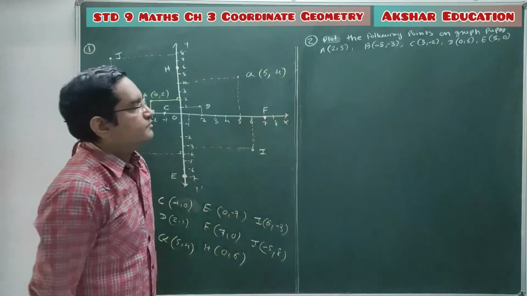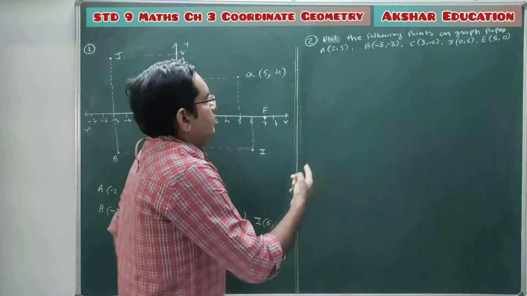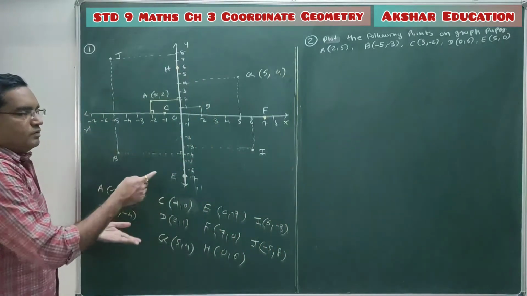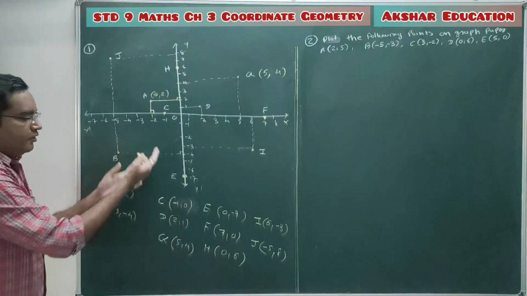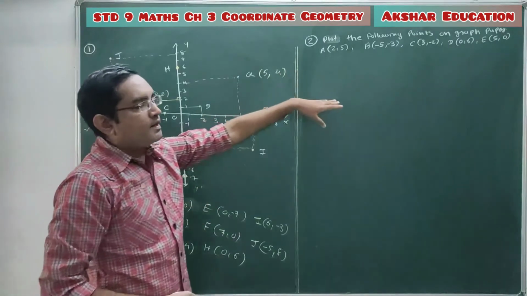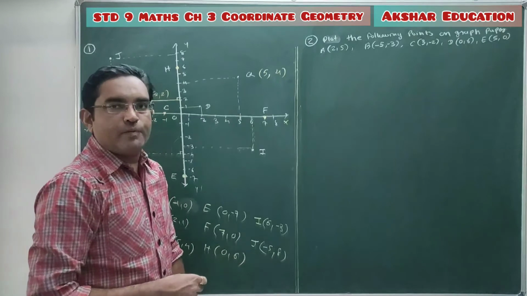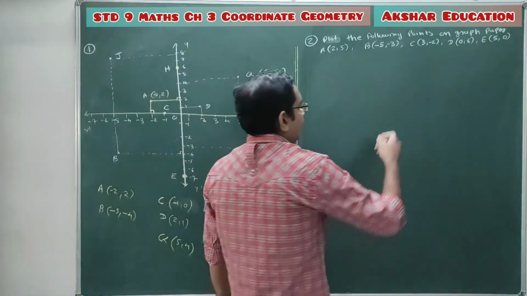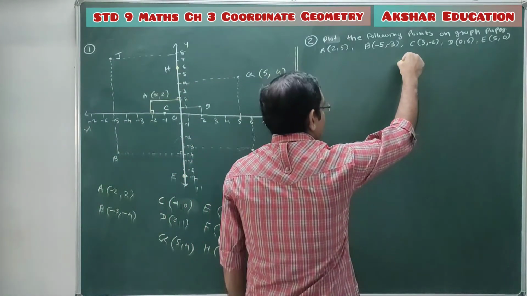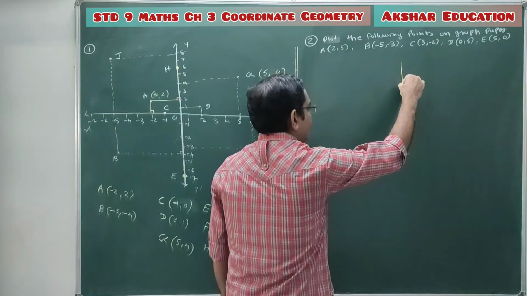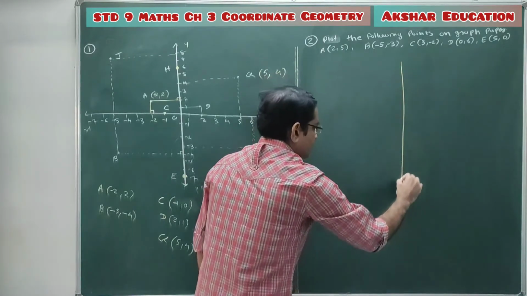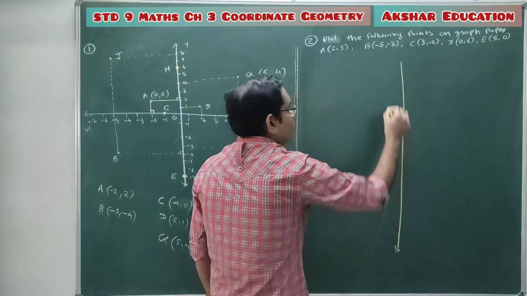Now second one. So here the reverse procedure is there. Graph was given, you have to find the coordinate. Now here coordinates are given, you have to draw the graph, and you have to draw the graph on graph paper. Clear students? So graph papers are available at the stationery shop. So you have to buy the graph paper, and then you have to draw the graph on a graph paper by using scale, pencil.